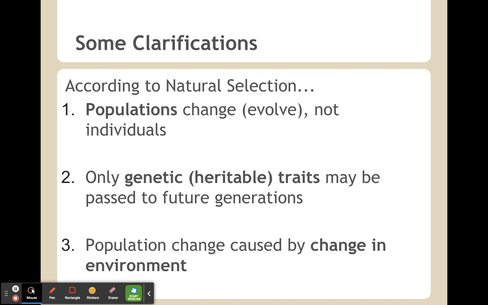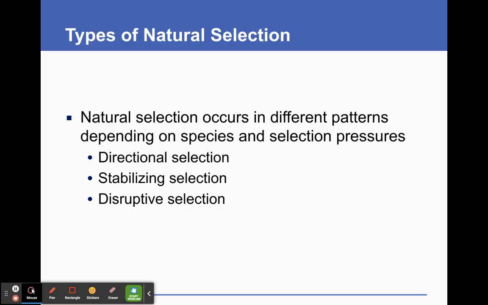Something happens to our environment that causes a population to have to change its characteristics over time to accommodate for that. This is the idea of natural selection. And this was the idea that Darwin came up with to explain evolution. So now let's talk about types of natural selection. Today, we fully accept this theory, and we know that it's true, and we observe it all the time